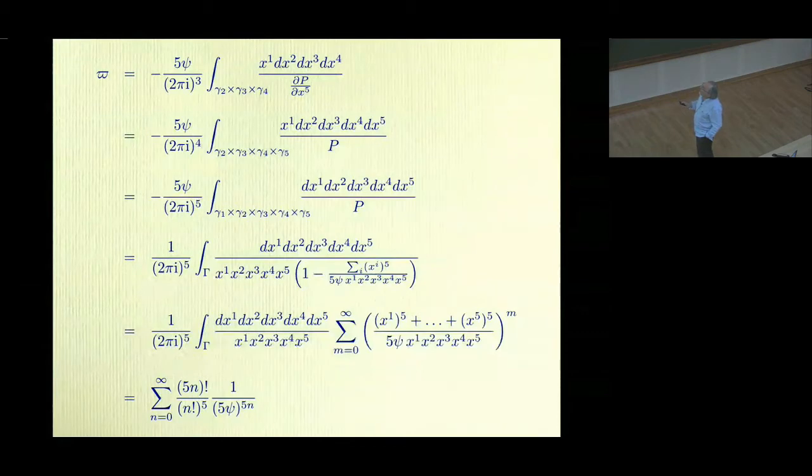So let's just back up one step. Now we put in gamma 2, gamma 3, gamma 4, gamma 5, a small circle around x5 equals 0. We put in the integral here and the 1 over 2 pi i. And so we've backed up from here. We could go from here back to here by integrating out over x5. Everybody happy? Good.